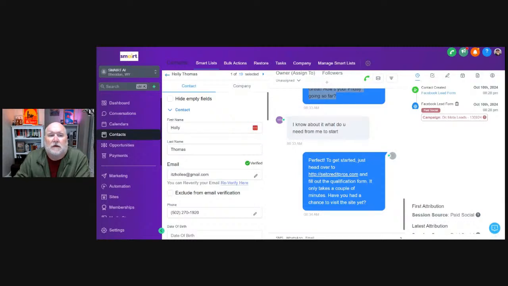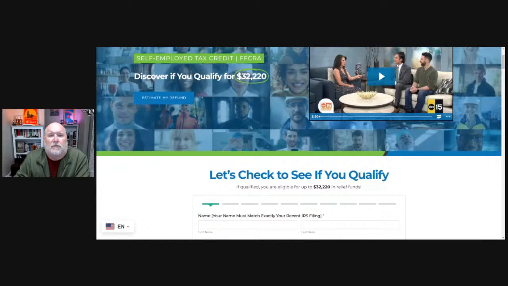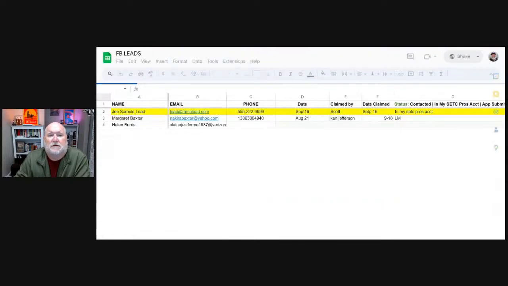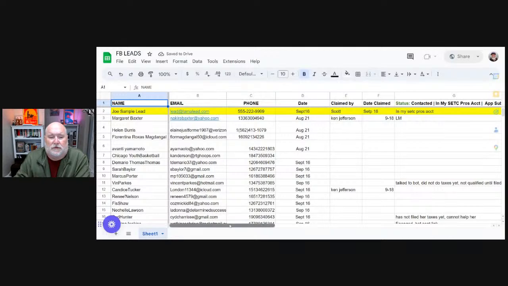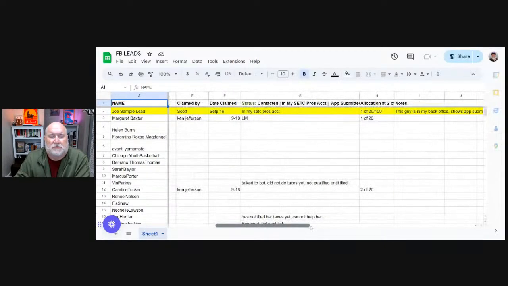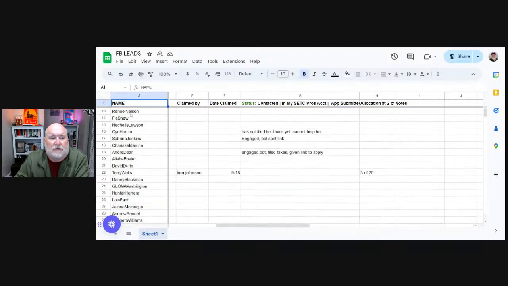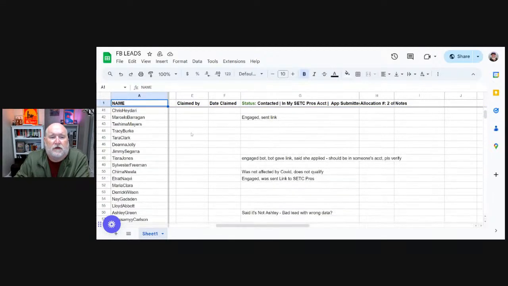Okay, so let's see if I can pull up the leads. All right, and let's put their information off the page. All right, so this is our Facebook lead form, right? We just want to make sure we're sharing the right screen. Perfect. So this lead form, as the leads come in every day, they show up here. We get their name. It's going to show up over here.